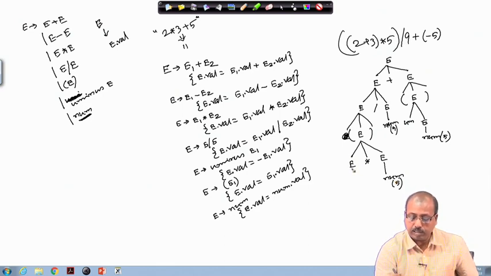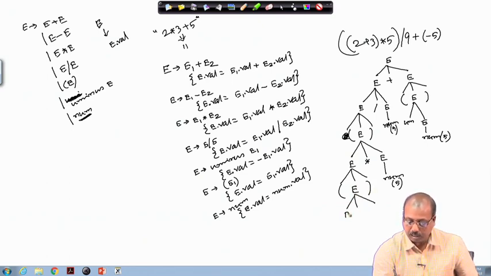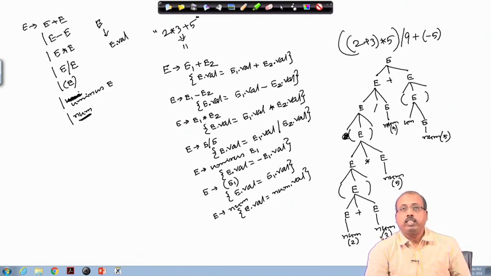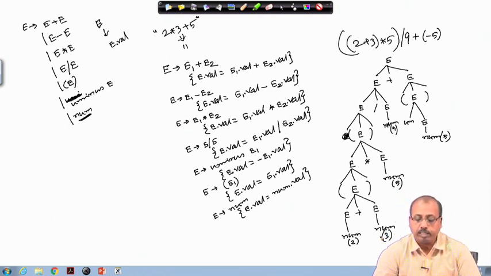Now, this E will give me within bracket E, so that will give me E plus E. That will give me number 2, and this will give me number 3. So, this is the parse tree that will be produced by the parser.